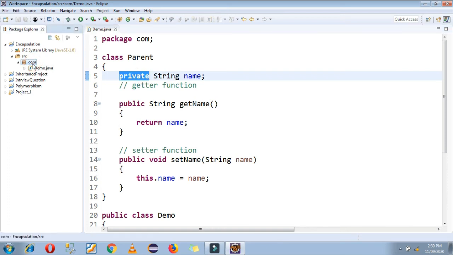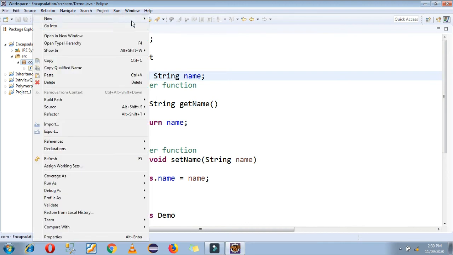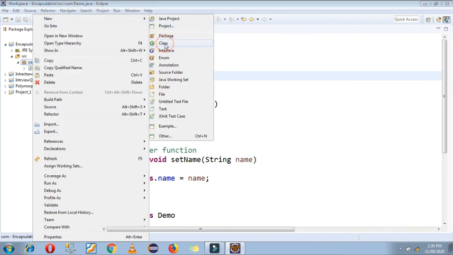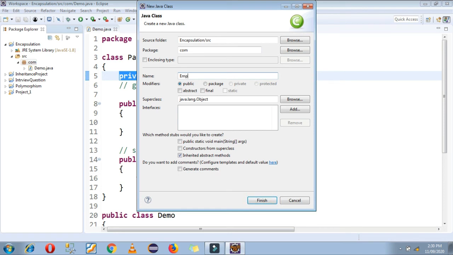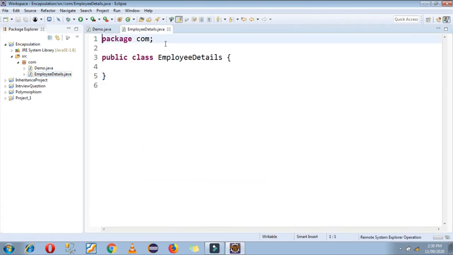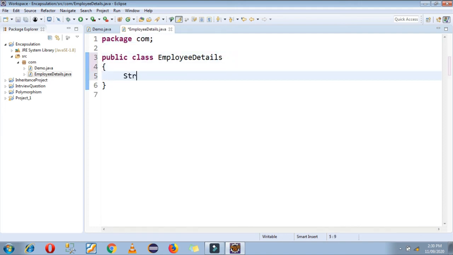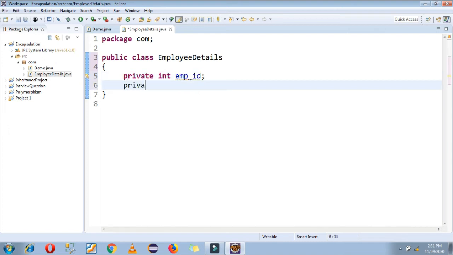Okay, now let's take another example. Suppose employee details. Here I am taking some private data like int empId, private String empName.